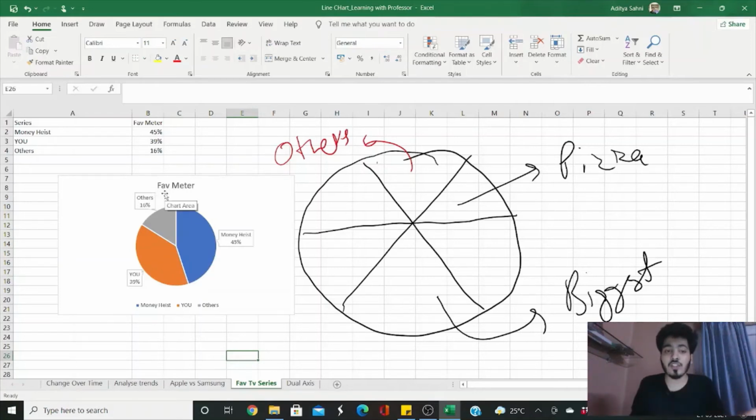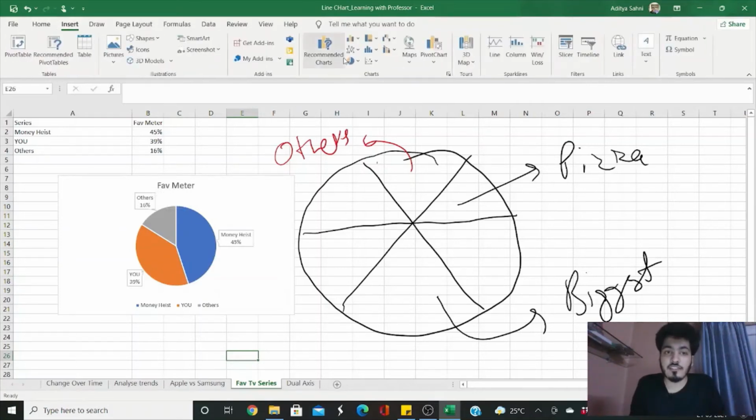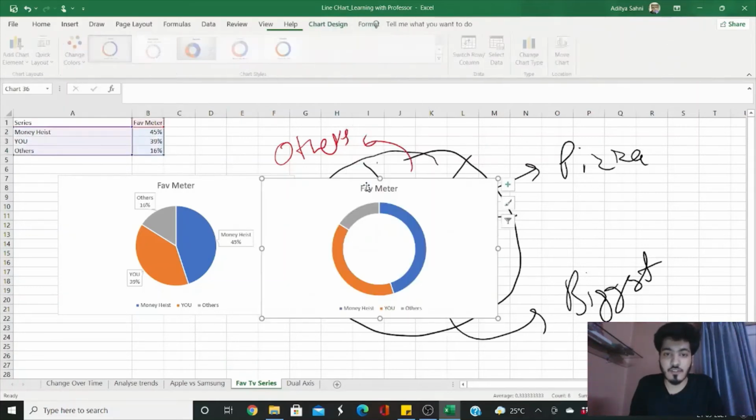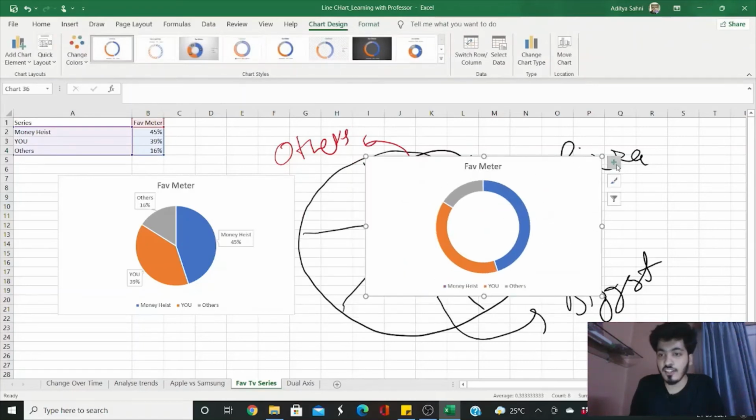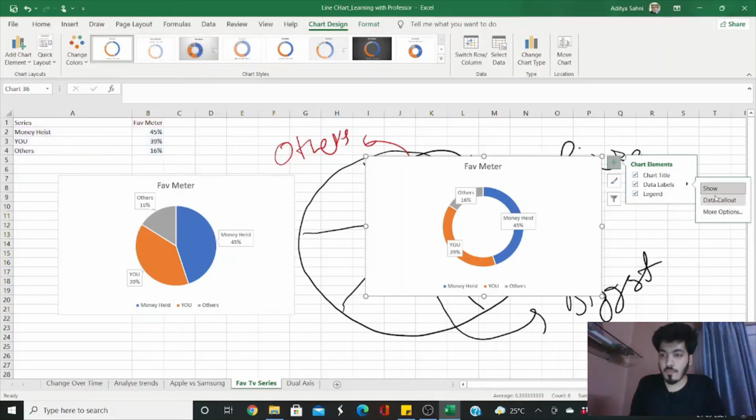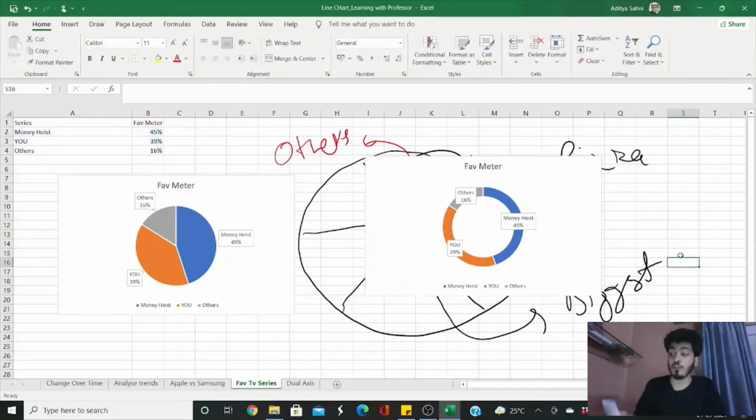And the advanced version of this pie chart is the donut chart. If I want to show the donut chart, I can just simply insert it from here. So this is the donut chart, which is one of my favorites in Tableau. It is a good way of representing data if you want to show how much percentage of customers are buying different types of products. In that case we can show this type of chart, so it is much more intuitive.